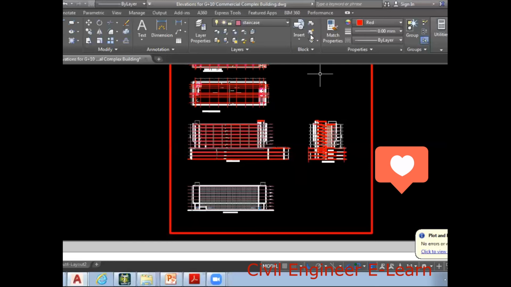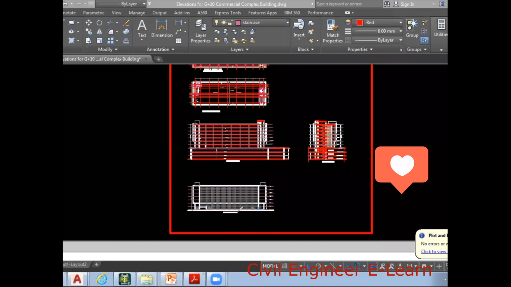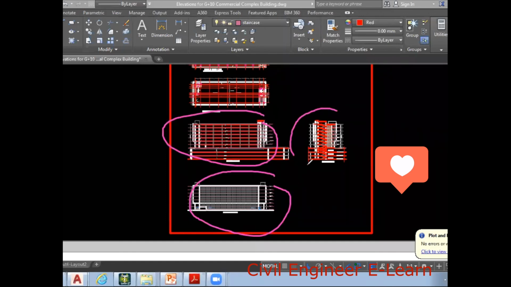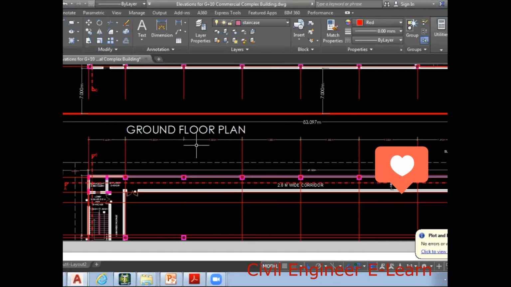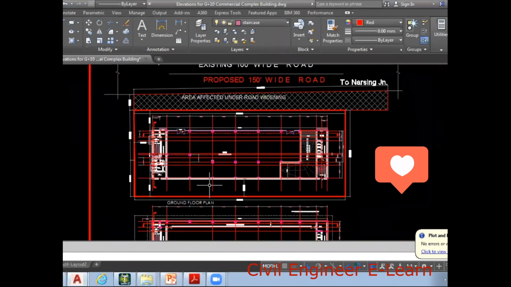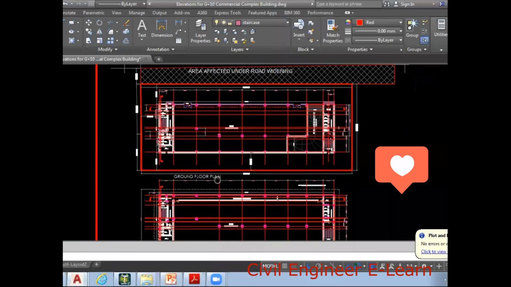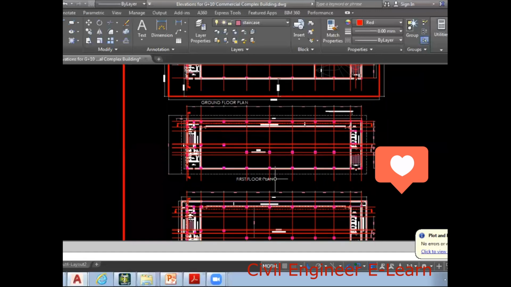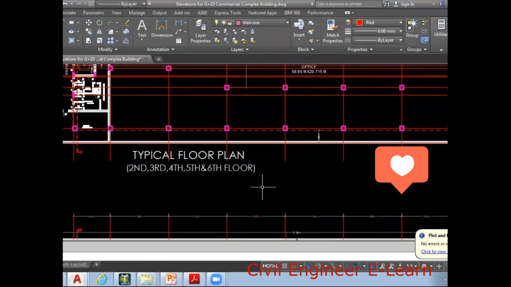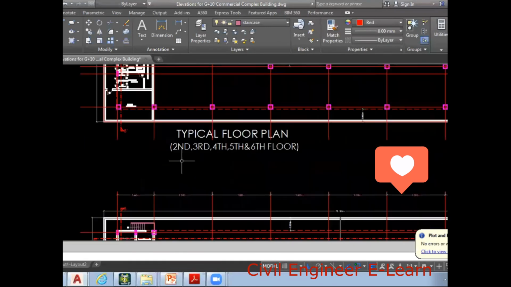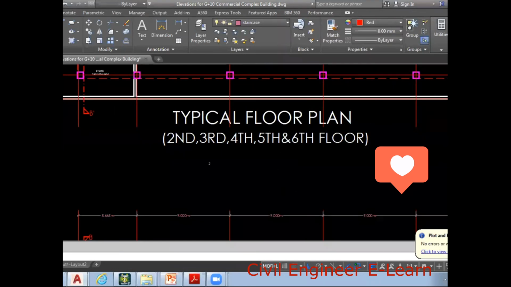This is a long section. I can just show you here. This is an elevation. This is a long section. This is a cross section, and these are typical floor levels. I can say these are the typical floors. So this is the ground floor plan, and we will talk more about these ground floor plans in tomorrow's class. So ground floor plan, first floor plan, and then typical floor plan: second, third, fourth, fifth, sixth. The floor plan is very much the same from the second to the sixth. All these floors have a typical floor plan, meaning the floor details are the same, right?